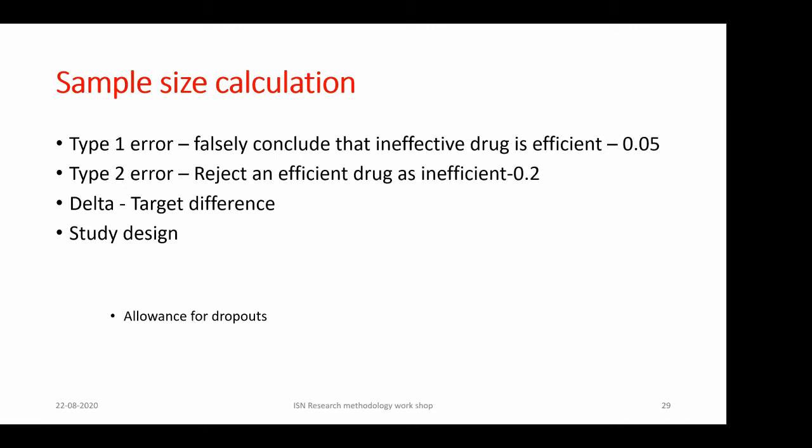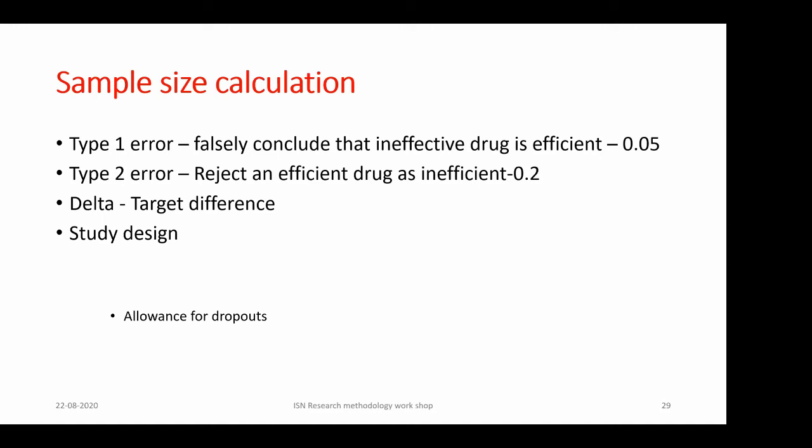You can keep it 0.1 also, but again, here your sample size is going to increase. Now, so these are sort of fixed things. You don't really have options. And the other one is difference, how much difference you are expecting. So here, if I take the GFR as a continuous variable, I'm going to analyze the glomerular filtration rate between the intervention and control arm as a continuous variable. So I have to find out how much difference should be there between the two arms.